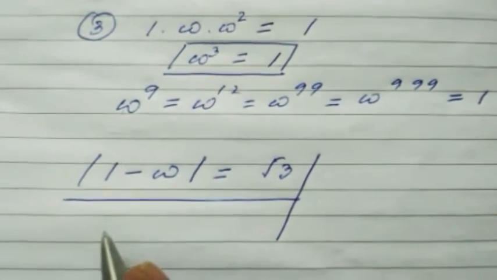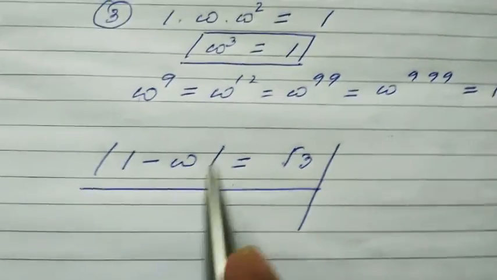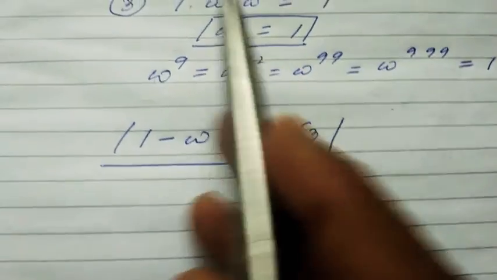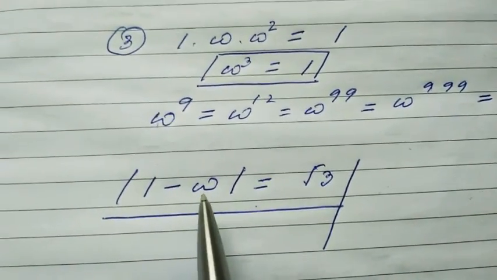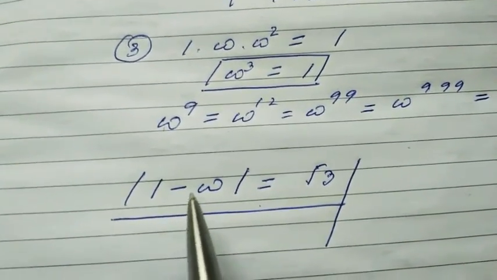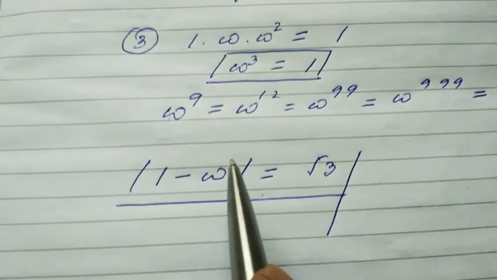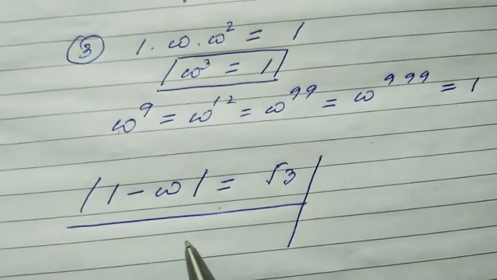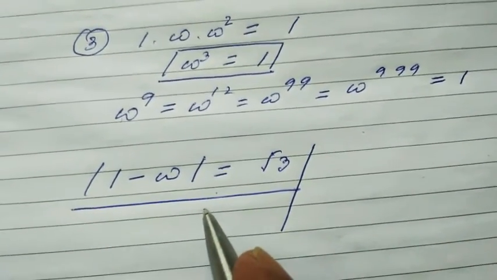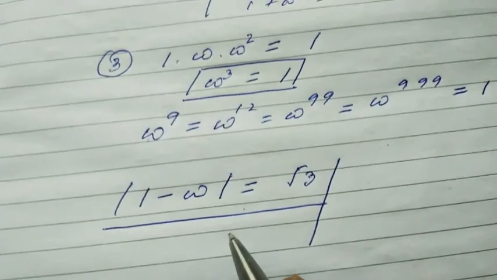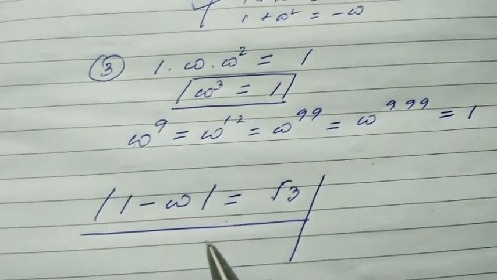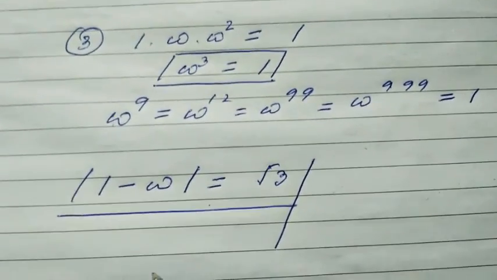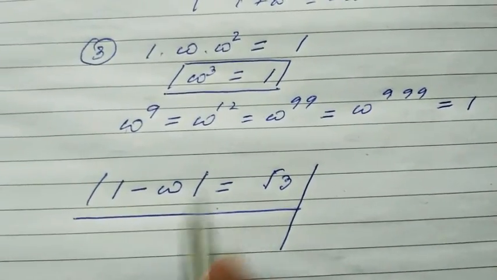So we have gone through three results, and I am not proceeding further. The cube roots of unity are the vertices of an equilateral triangle, but we'll discuss this later on. Right now I am attaching a few questions based on the cube roots of unity with this video. You just go through the questions. In the next class, we'll again discuss a few more results.